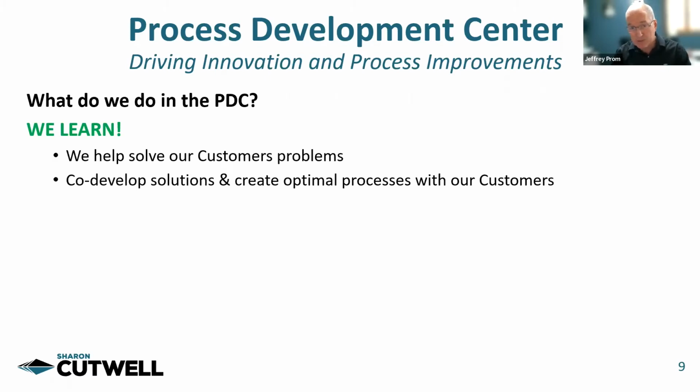We co-develop solutions many times with our customers who are doing development. We may be doing some development to augment their development, or vice versa. We share information, and ultimately create an optimal process with our customers. We certainly develop our own products. We have internal projects that we're constantly working on to develop and optimize and grow our own product